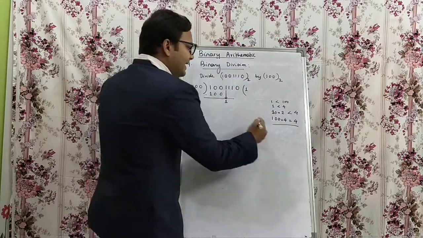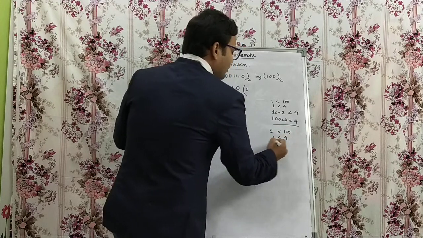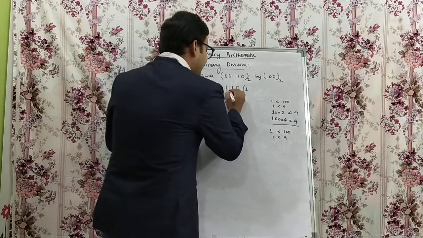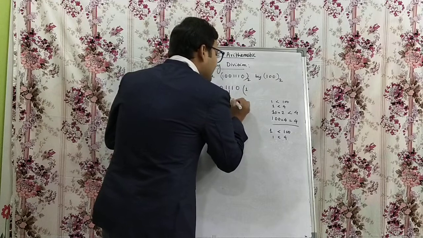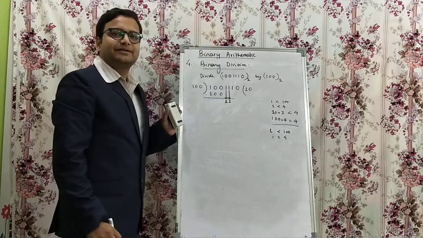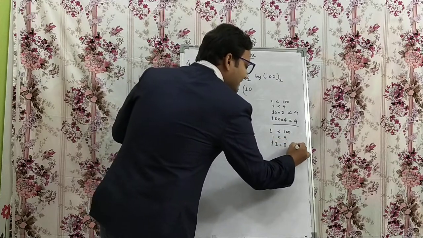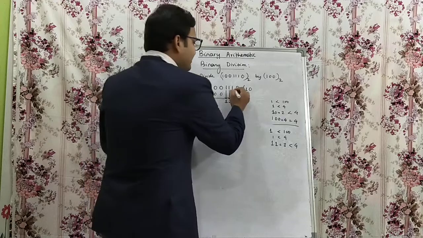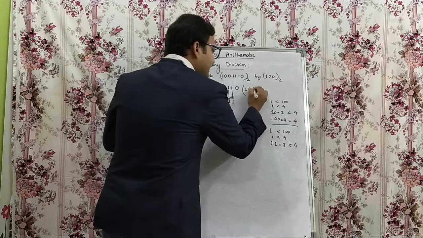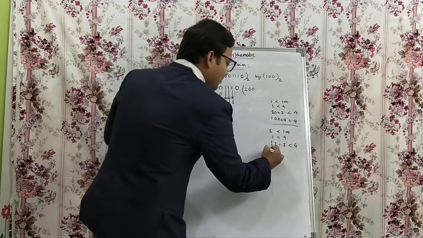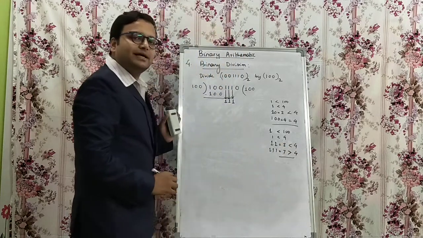So it is 1. Now again it will check 1 is less than 1 0 0, means 1 is less than 4. So it cannot perform. So it will again ask to drop down. If it is again asked to drop down 1, then you have to put a 0 over here. Okay? Then again it will check 1 1 is actually 3, which is again less than 4. So what you need to do? Again it will ask a drop down of 1. If you drop down, again it will put 0. Okay? Now 1 1 1, which is 7. 7 is now greater than 4. It can perform the division.